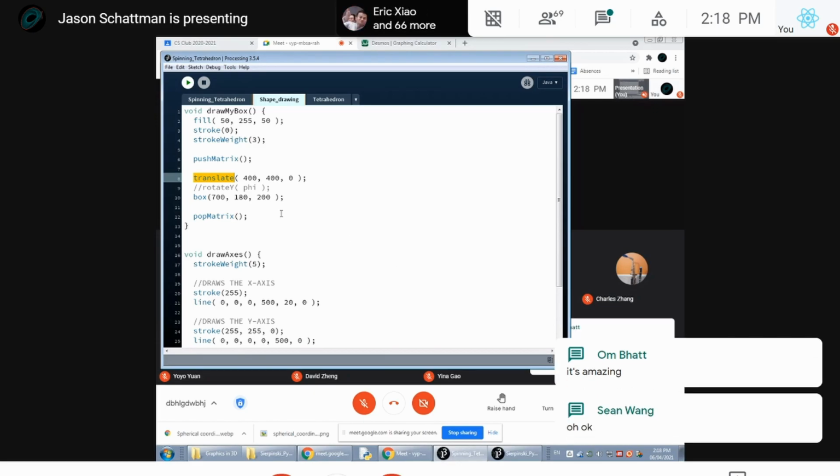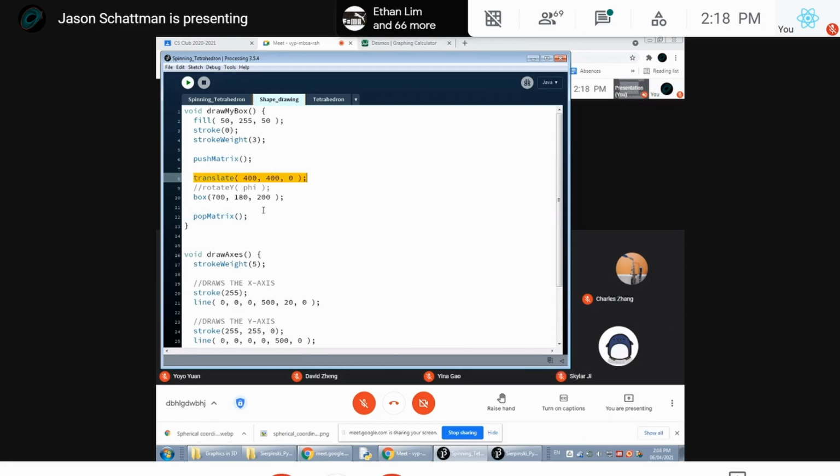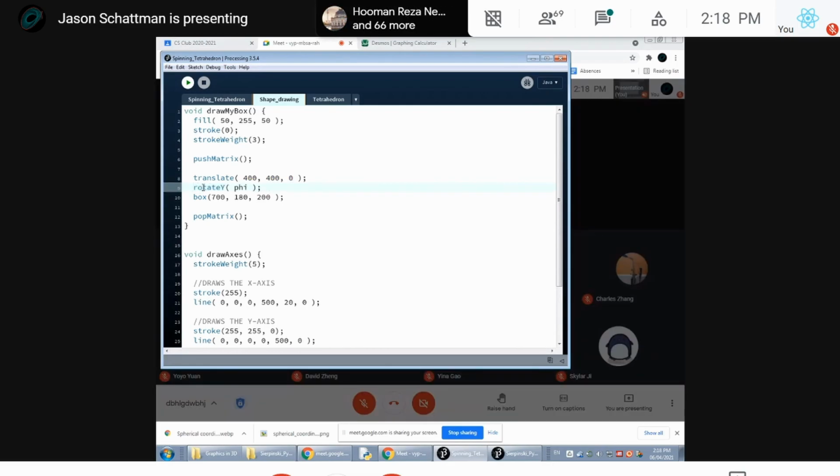Cool. Okay, so in addition to translating, I can also rotate an object before I draw it. So what we're saying in Processing, hey, draw a box with this size centered around this point. But before you do that, let's rotate it a little bit. So I'm going to,